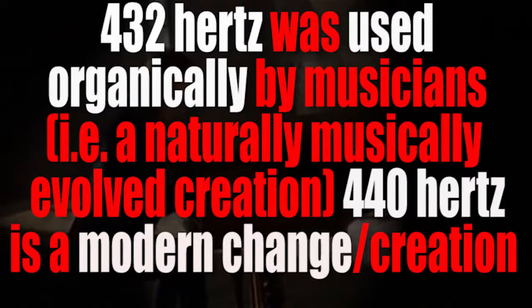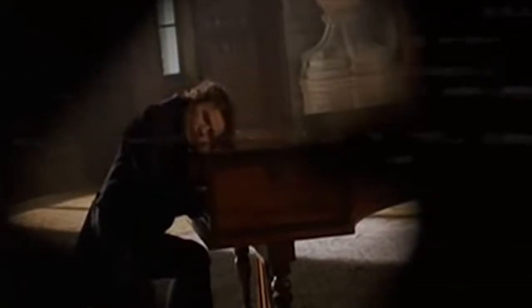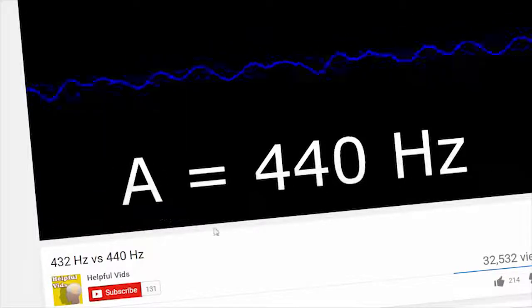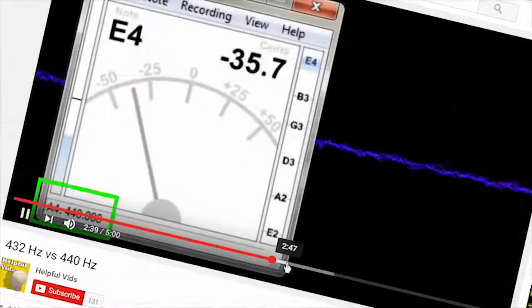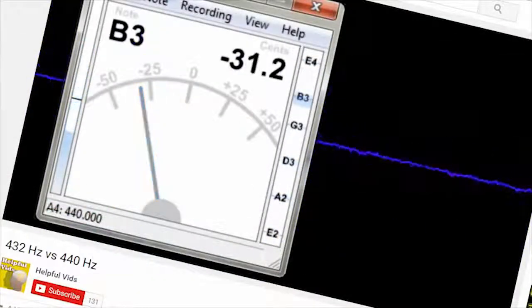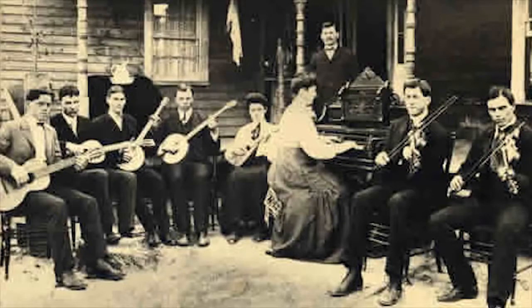Music prior to 1939 was mainly tuned in 432 Hz for the most part. This was seen by researchers as a natural or organic evolution of music through the ages in which classical music was tuned to 432 Hz. This frequency is said to be synonymous with organic projections from nature, human beings being a projection, of course, of nature. So 432 Hz was the frequency in which instruments pre-1939, again for the most part, were tuned in Europe